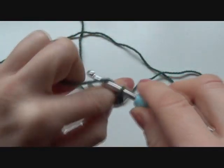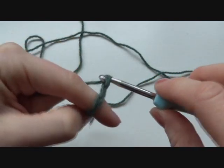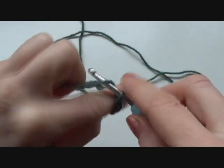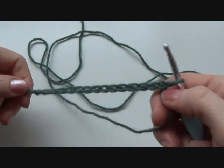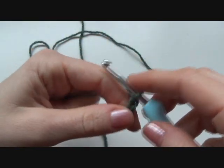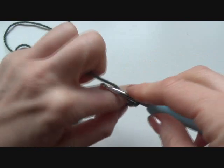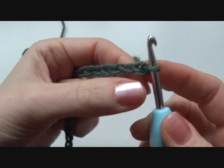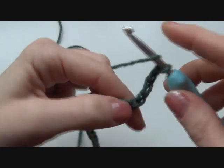I'm going to crochet a small piece, but make sure you have enough chains for your project that is a multiple of 4, and then plus 3. 1, 2, 3. And then we skip 1, 2, 3, 4 chains, and in the 5th chain we do a